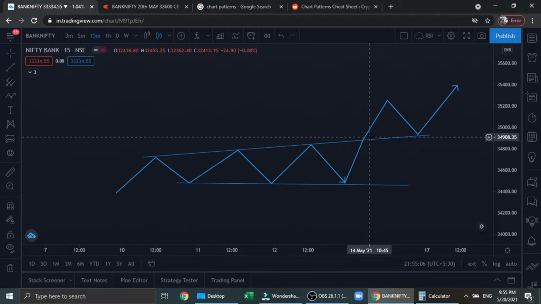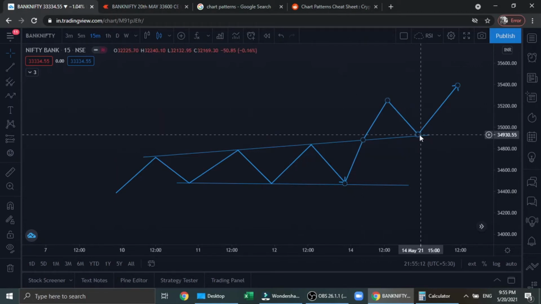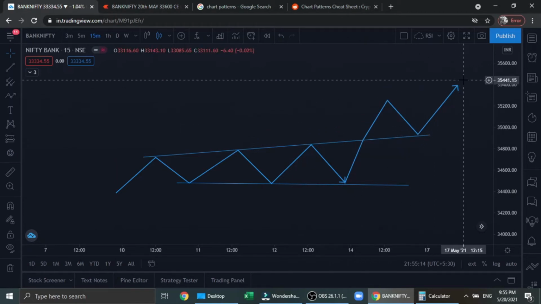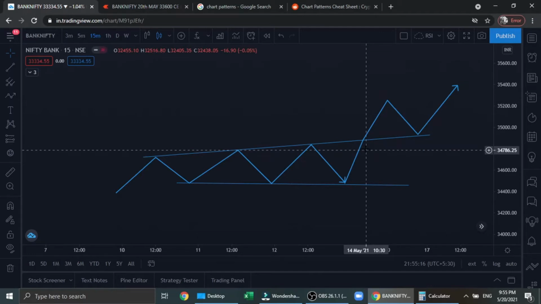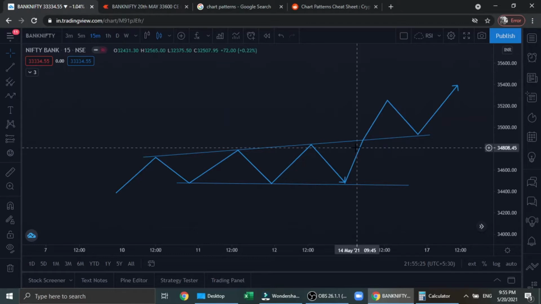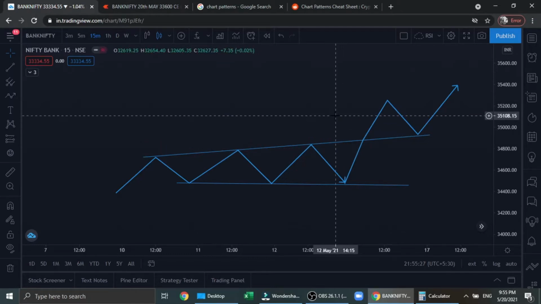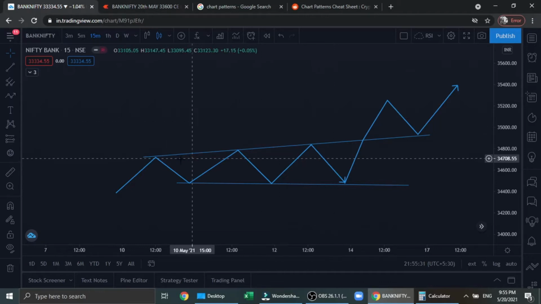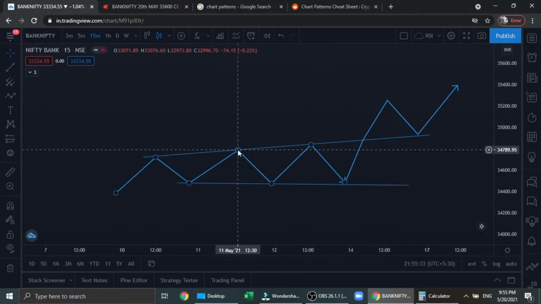So most of the time, if the stock is coming from downside, it may break and then take support from here and then start moving upside. In case the stock is consolidating around this line itself, then it breaks and moves aggressively upside. So chart patterns are nothing but drawing support and resistance lines by connecting all the high swings and low swings.